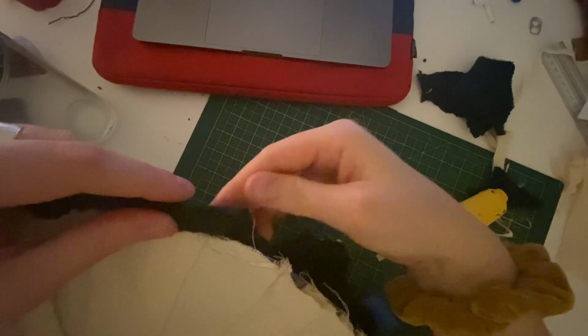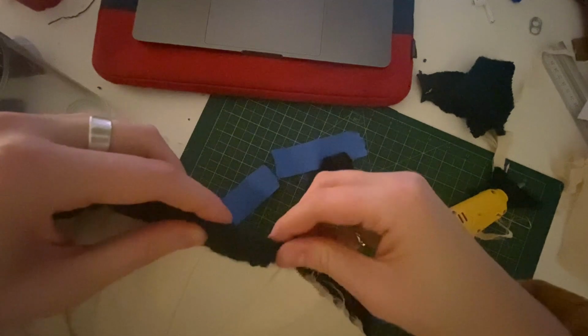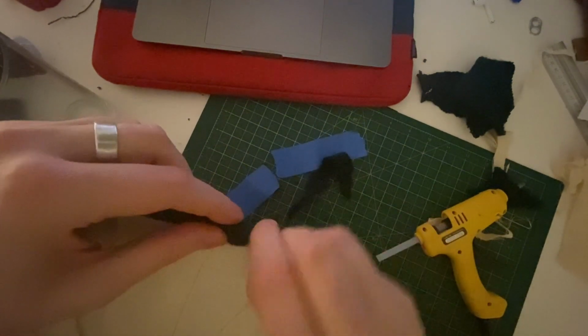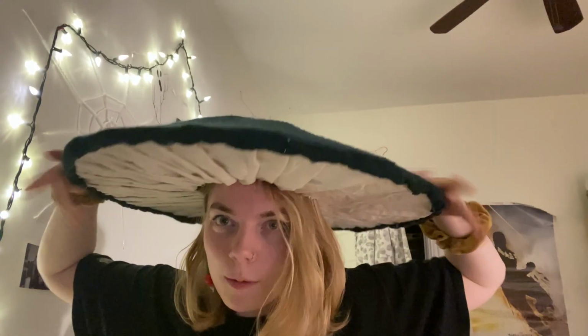I recycled an old sweater that was really itchy for the top fabric of the mushroom, and here I am just gluing on the edge. Bit of an update. It's almost done and I love her. She's so cute. It doesn't have as big of a dome as I thought it would be, but I do feel like the green power-up mushroom. It is very much digging into my forehead, very much uncomfortable, but